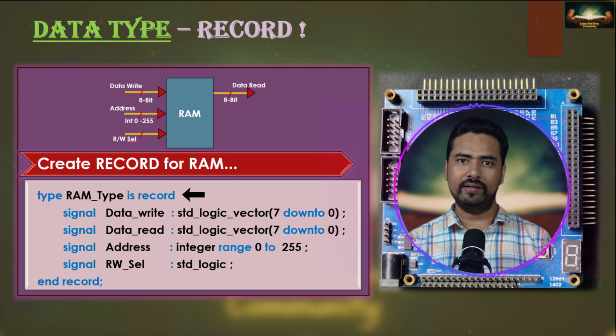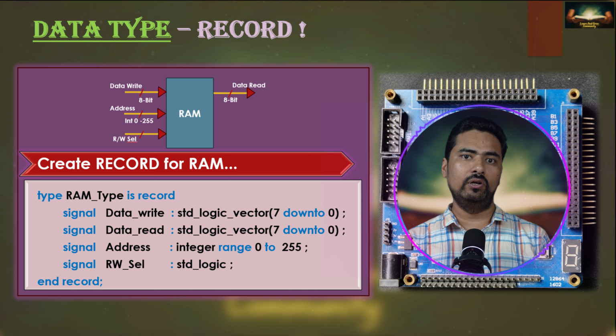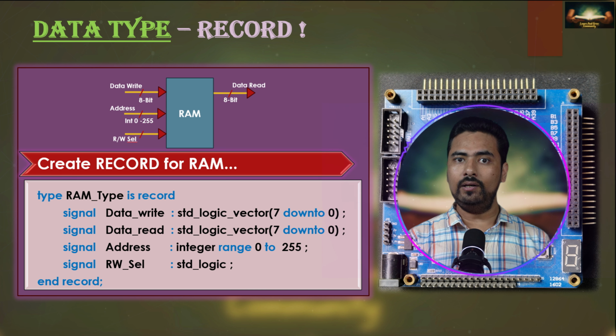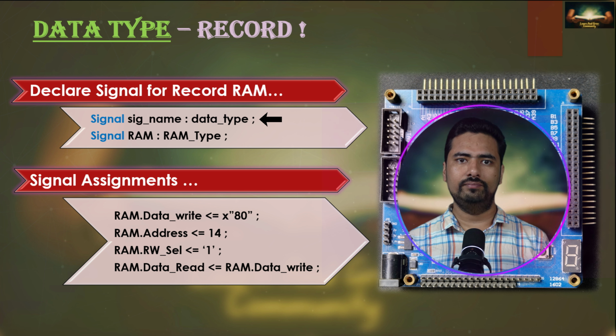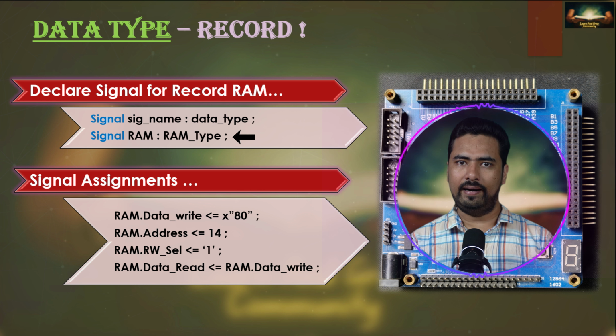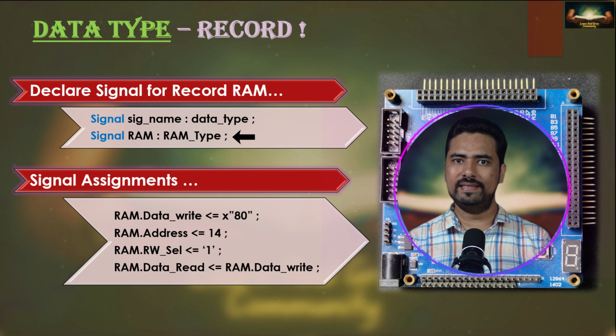Okay, so we have created a record, but now the question is how I will use it in our project, because just creating a record will not do anything in your design until you define a signal and use that in your project. So after defining the VHDL record, the second step is to declare a signal for your record data type. The syntax is exactly the same as we did many times in the previous sessions: signal, signal name, colon, data type, semicolon. For example, signal RAM : RAM_type;